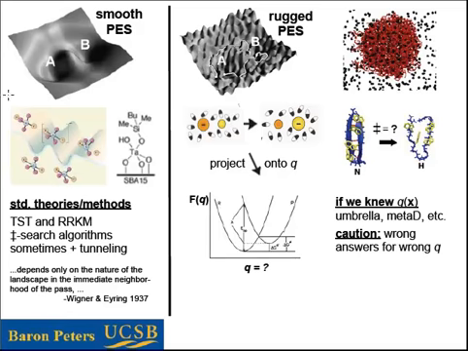Now, what makes these two theories so successful, aside from the fact that they allow you to both interpret and predict experimental properties, is that the reason you can do that with these theories is because they are simple. And they are simple because they are the two examples where we know the reaction coordinate associated with the process, right? So here, we know the reaction coordinate is the energy gap.